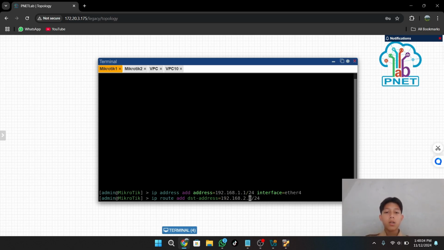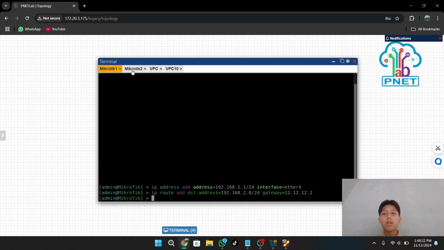I think this is the IP network, and the gateway is 12.12.12.2. Okay, this is for MikroTik 1.